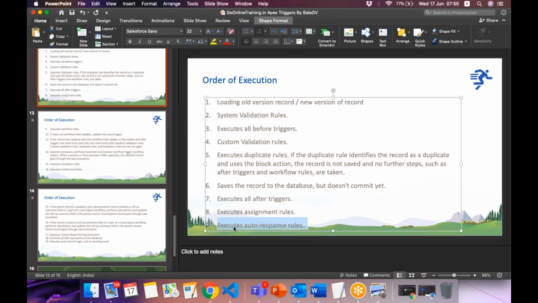execute auto response rules. One more point is there. So assignment rule is something which when a record is automatically assigned to a user. So this assignment rule works with cases, not with all the objects, especially with cases. Cases will be assigned to a particular user.